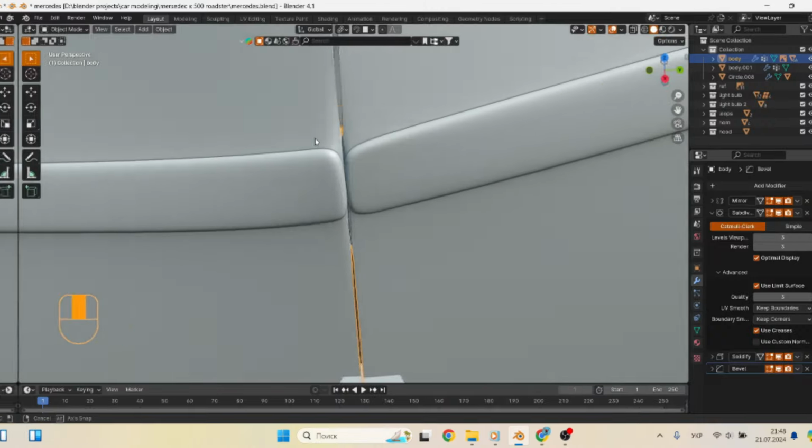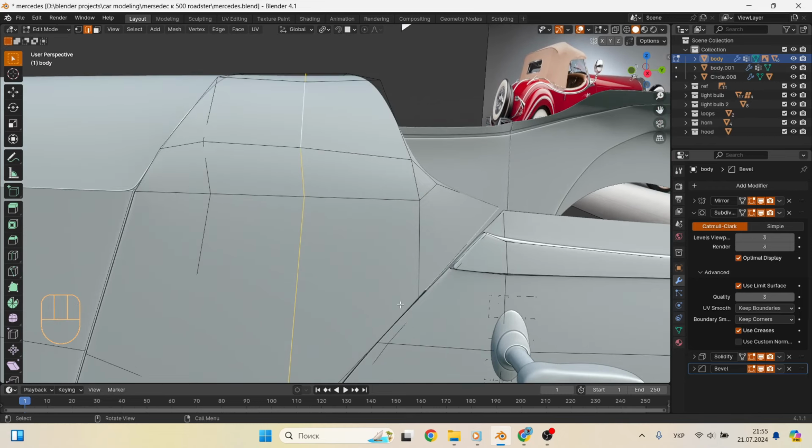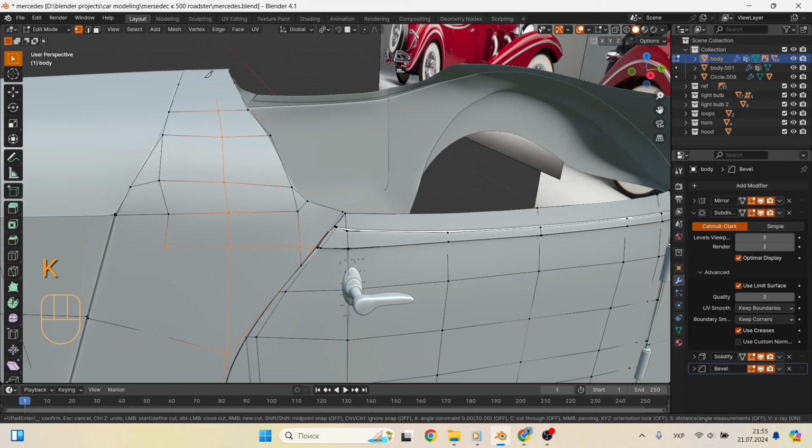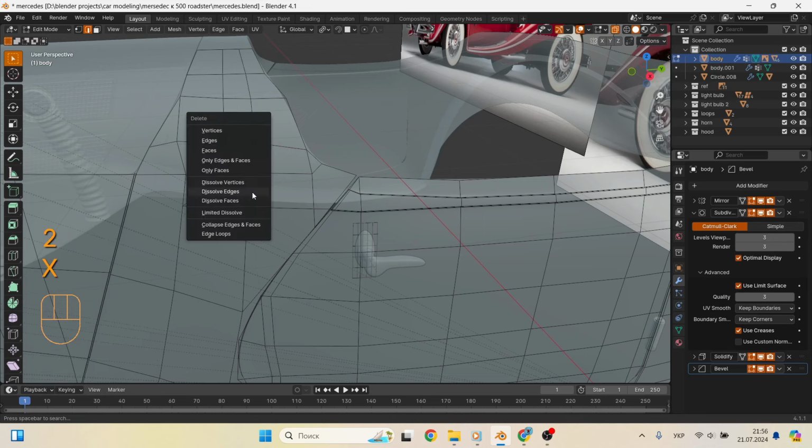And so now pay attention to what form needs to be created. This molding smoothly passes into the windshield frame. A very interesting moment. And so I suggest we proceed. To do this, go to the editing mode. And using the knife tool, start cutting where the edges will pass. The first steps should be made at the junction of the two parts of the molding, so that the connection is clear, so that the vertices are next to those on the door. And then using the same knife, we will stretch a straight line from the center of the car. With these movements, we create a general outline of the entire part.